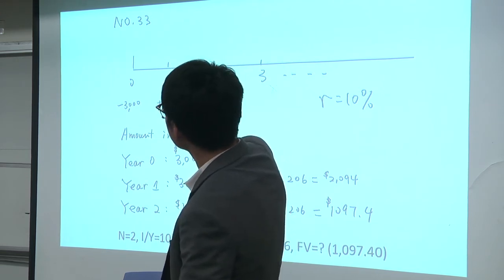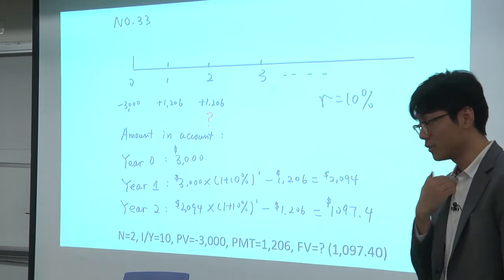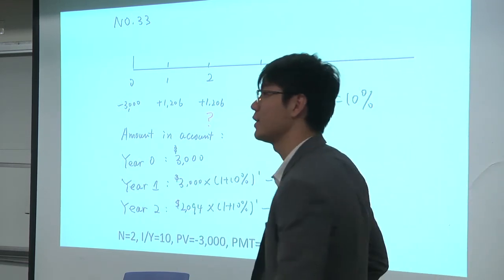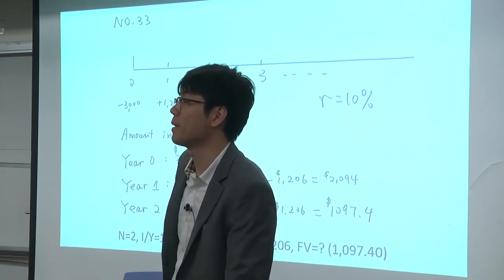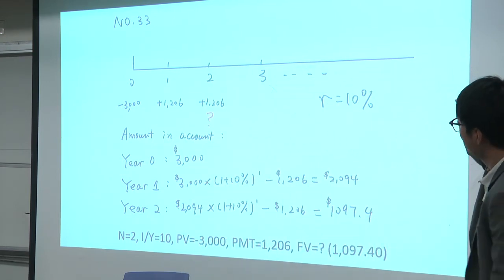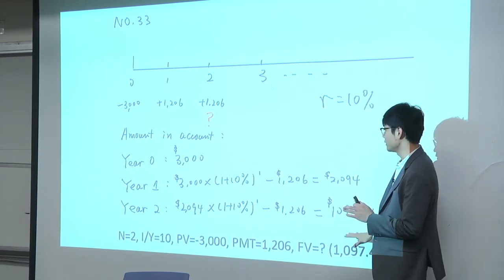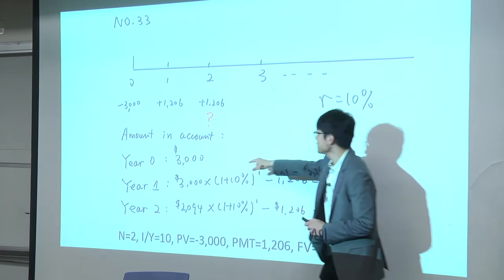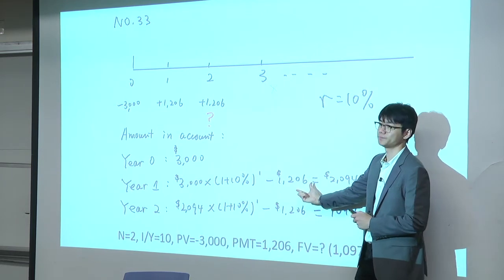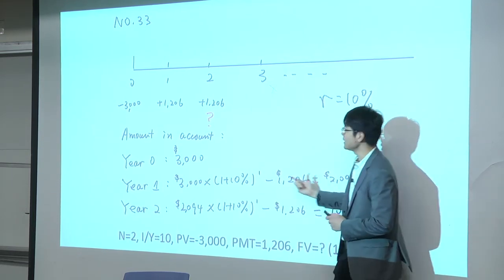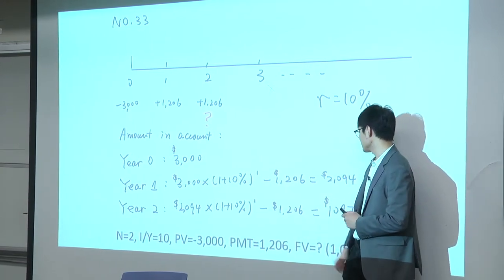So when you are withdrawing $1,206 every year, is it into your pocket or out of your pocket? Into my pocket, right? I put $3,000 there. A year later, I'll go there and say, give me $1,206. I put it back in my pocket. So if you want to do it in a very ordered way, not in the calculator yet, we do what? Year 0, 3,000. Year 1 is 3,000 with the interest, but you withdraw this amount of money. With the remainder, in year 2, you earn some interest, then you withdraw again. Then that's what?